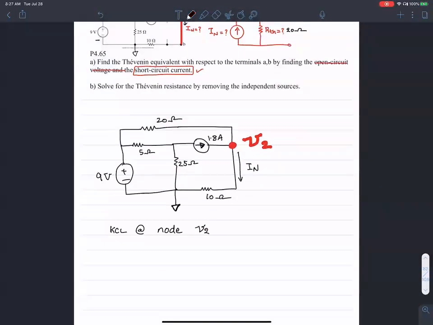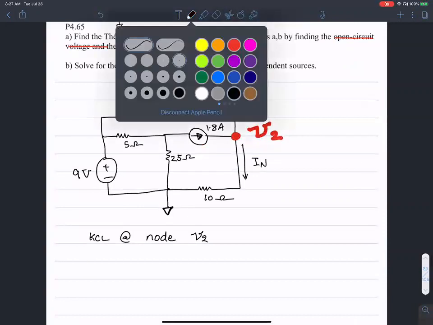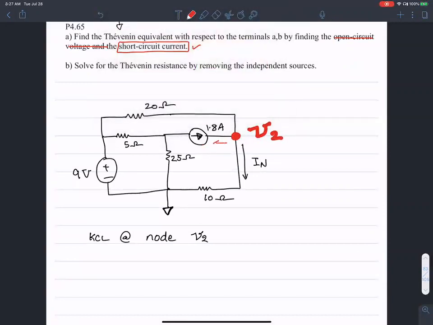Okay, let's write KCL at node V2. There are 3 currents leaving. There's one going this way, there's another going this way. There's another current I Norton going south. So if I were to do that, V2 over 10 ohms, that's the current going south, which is I Norton, plus negative 1.8 amperes, that's the current going west, plus the current going in the upper branch, 20 ohm branch, is